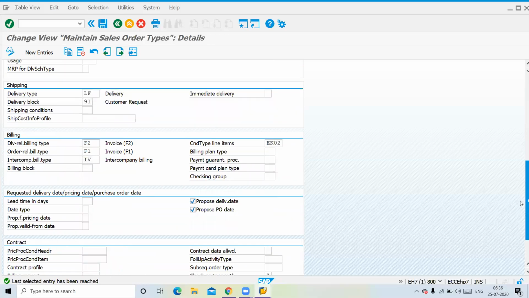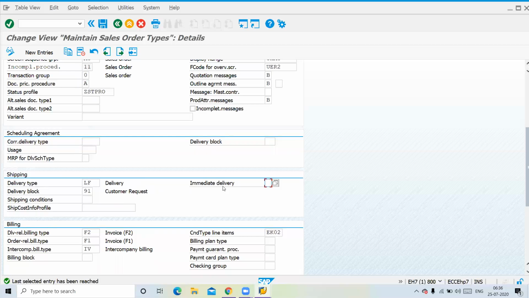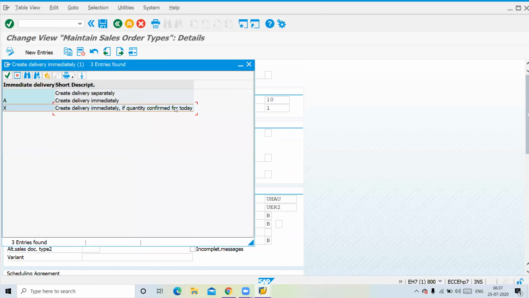Where is the control in your header? If you see here, immediate delivery is off. For cash sales, the options should be either A or X, but it is always X, because the quantity should be confirmed today itself. That's why you have to choose it.